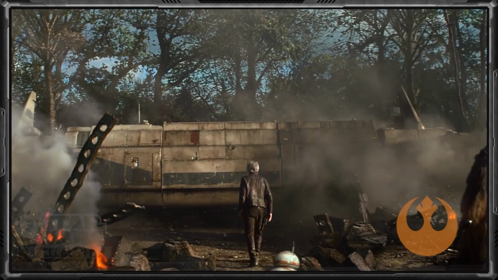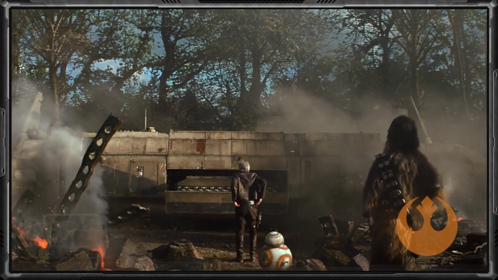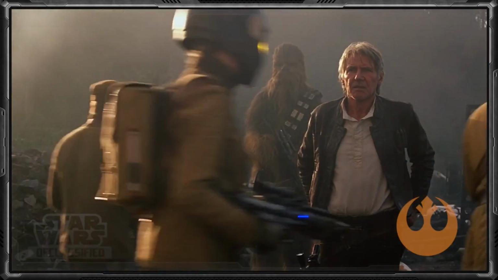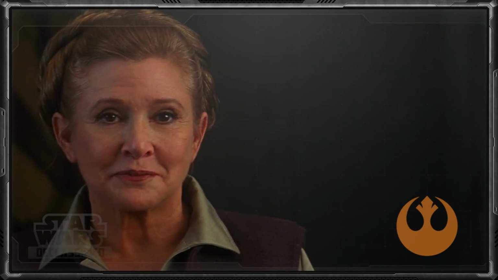Next up, we have the Resistance. Unlike the Rebel Alliance, it was a small paramilitary force founded by Leia Organa to combat the First Order. As Poe Dameron actor Oscar Isaac once pointed out when asked the difference between the Rebellion and the Resistance, he